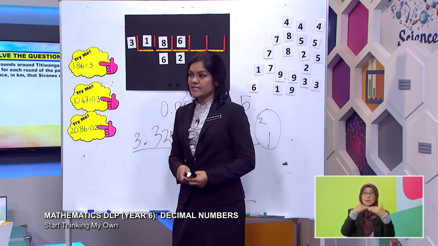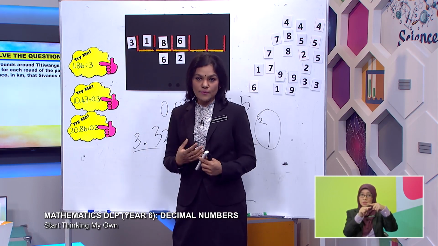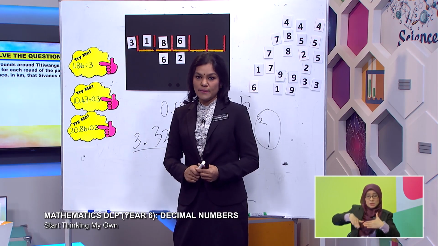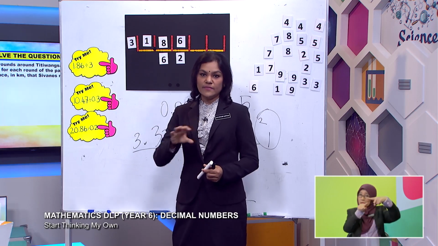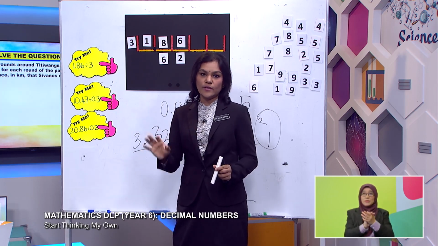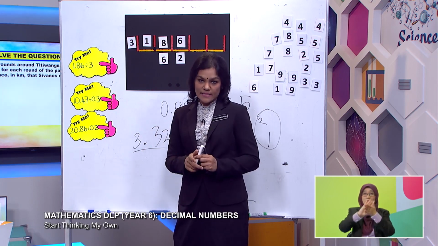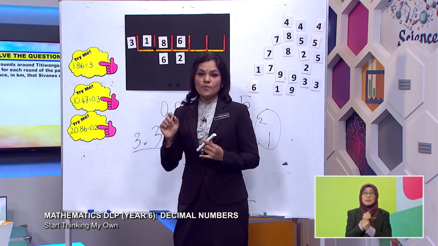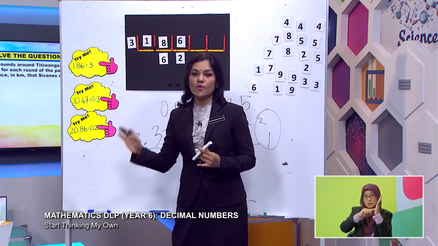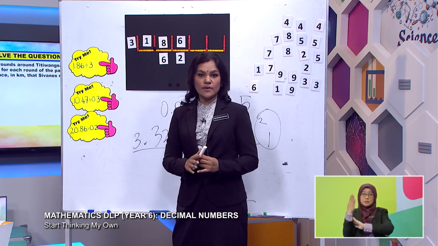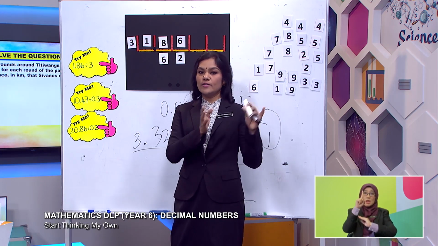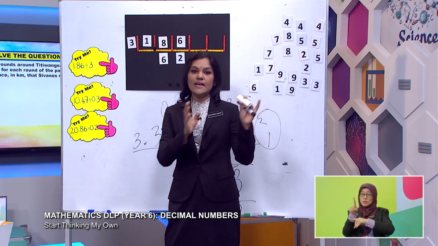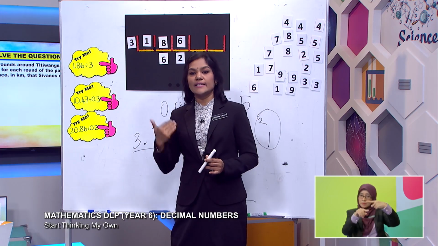For division, kids, you have to move the decimal point earlier, before you perform the division. Remember, the divisor. If the divisor is a whole number, there is nothing to do. If the divisor is a decimal number, for your level you divide decimal numbers with decimal numbers, so you move the decimal point at the divisor to make it a whole number. Move it 1 place, and at the dividend you also move it 1 place. You follow the rhythm. If you move 2 places here, at the dividend you also move 2 places, and then you will get your answer.